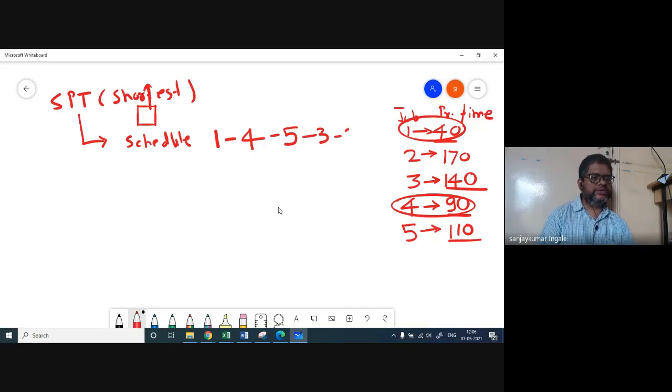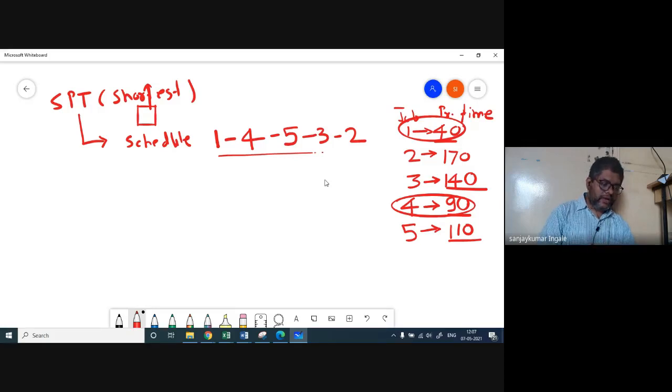This is the sequence of processing the jobs, as we have to complete them in the shortest processing time. I remember when I discussed this concept in the theory class, I told you that if you want to complete assignments, you select those which require the minimum time and do them first. This is what we discussed.